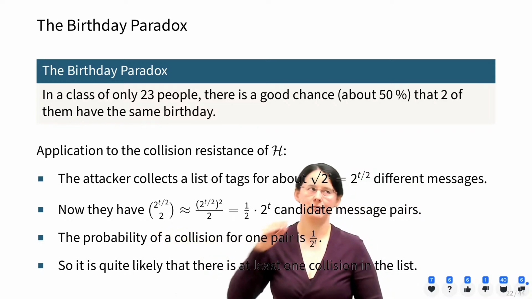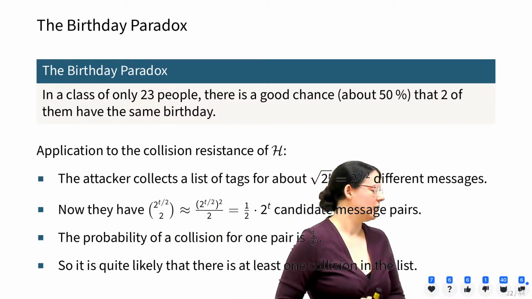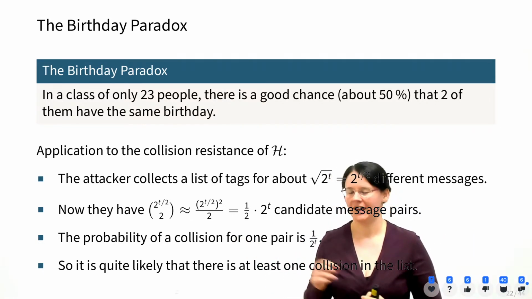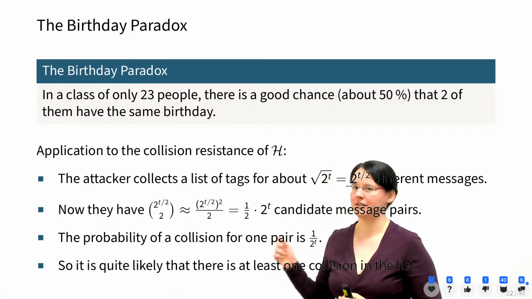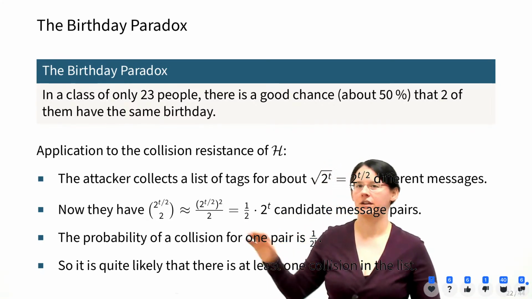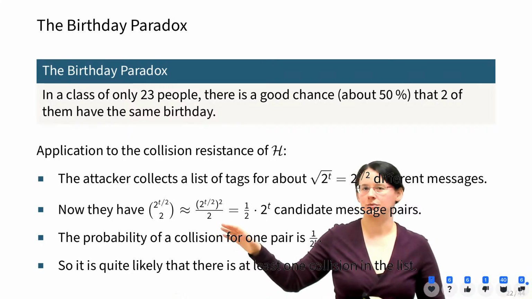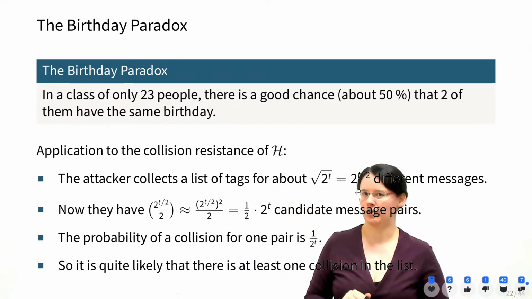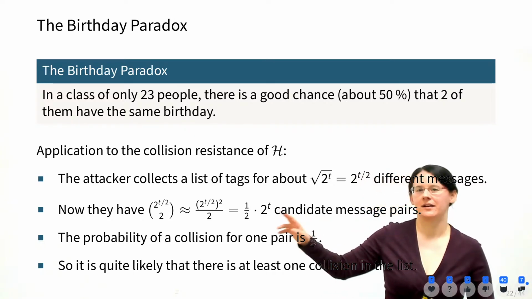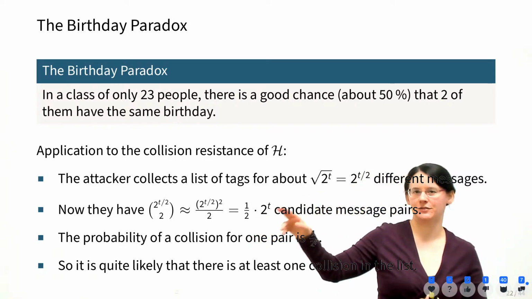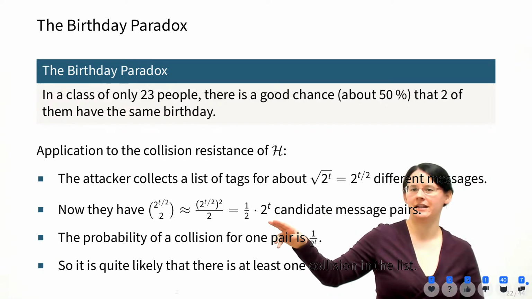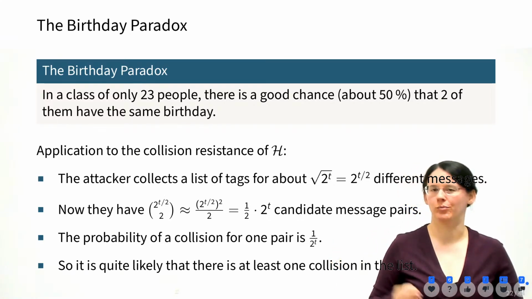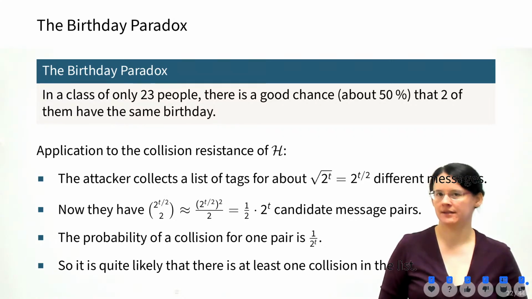So you might know this effect maybe from when you're cheering on some great event and you're having some champagne and you're trying to hit glasses with everyone. Now, if every person hits glasses with every other person, you have approximately n squared divided by 2 many blings. And each of these blings is a chance for our 2 values here to collide. So if we have only 2 to the t divided by 2 candidates, we have approximately 2 to the t possible pairs of candidates. Each of the pairs collides with a probability of 1 divided by 2 to the t,